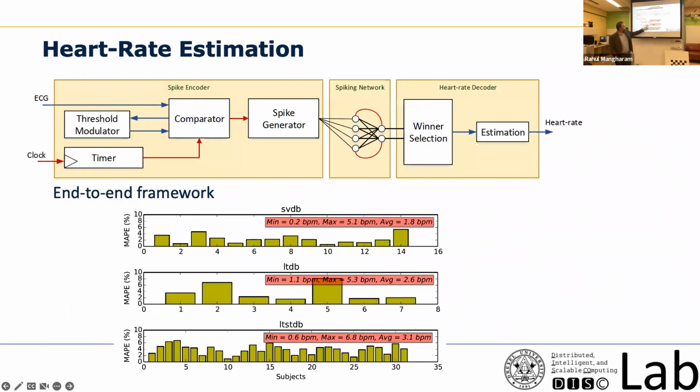So this is just kind of an emergency. You would have got 100% accuracy, but you see that there is a deviation in the beats per minute across different databases. Wait, what is MAPE? Mean average percent error. So there is an accuracy loss, but what we are showing is that compared to a conventional architecture, the spiking architecture's average loss is much lower. Better, okay.